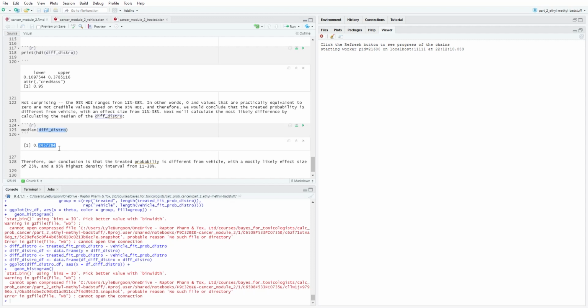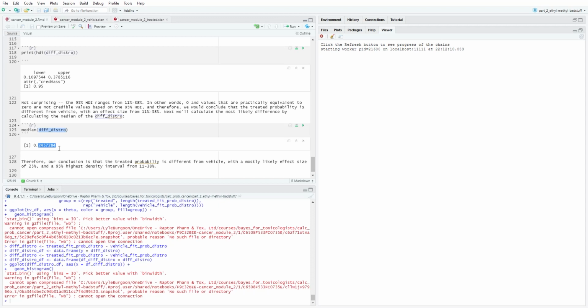So therefore, our conclusion is that the treated probability is different from vehicle, with a most likely effect size of 25% and a 95% highest density interval from 11 to 38%. Again, that 95% highest density interval is our uncertainty around our most likely value. Because our model's validated, we feel very confident that these numbers are real. And we feel very confident that we can draw this conclusion